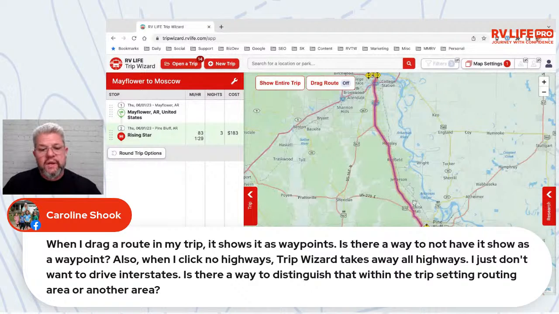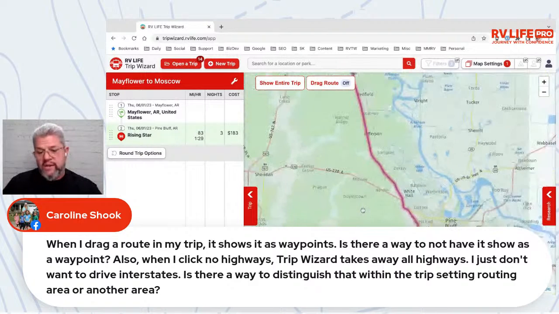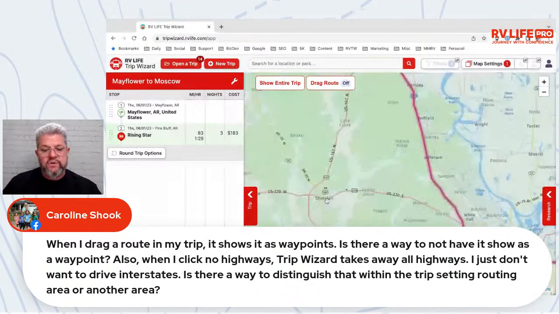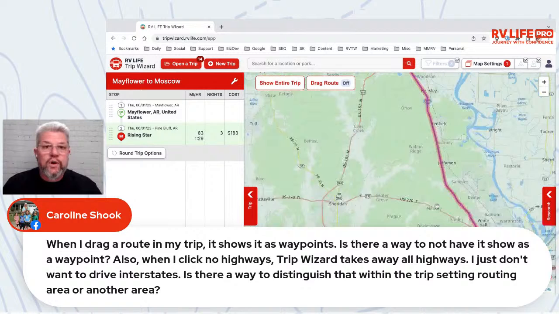So for example, let's say we wanted to swing by Sheridan on our way towards Pine Bluff because there's a fruit stand or a largest rocking chair or something in Sheridan. I don't know what's in Sheridan. But let's say there's a reason we want to swing through Sheridan. We don't want to take the 530 all the way down. And I could drag the route as we've discussed and shown, but in this case, I could simply use a